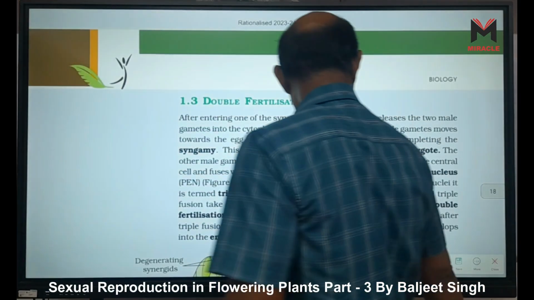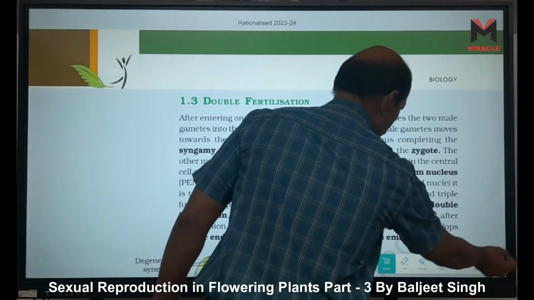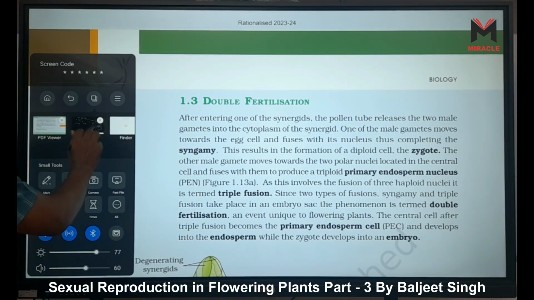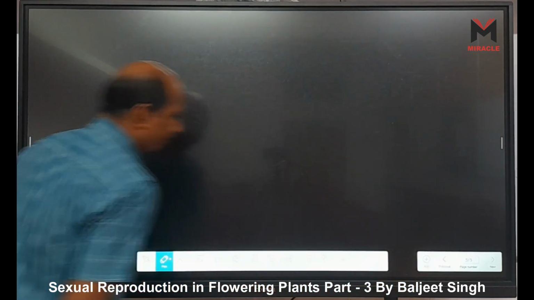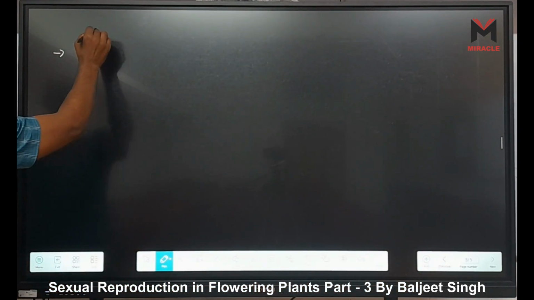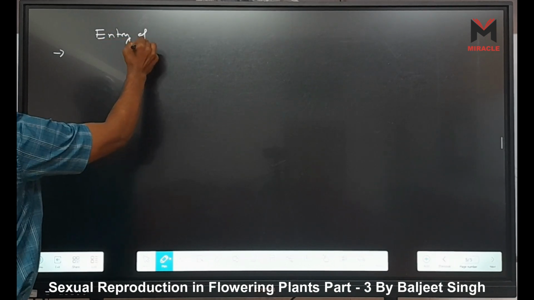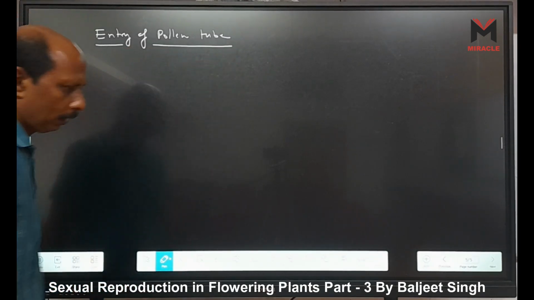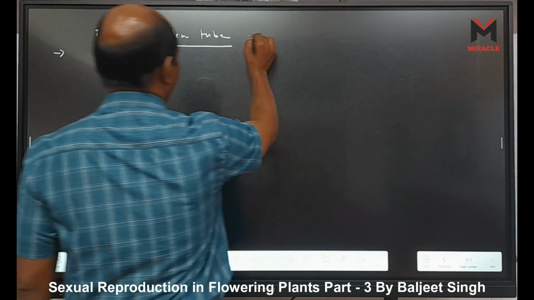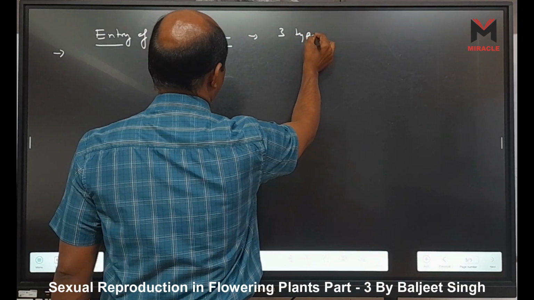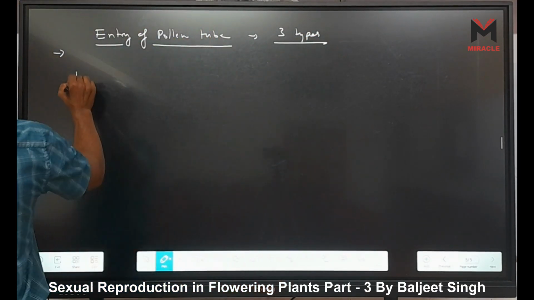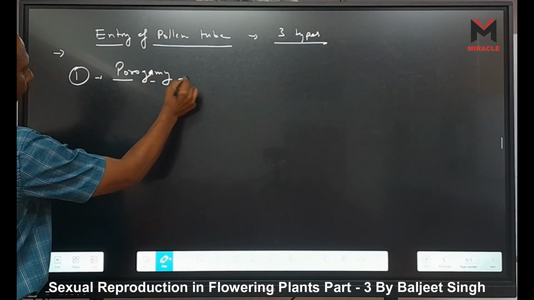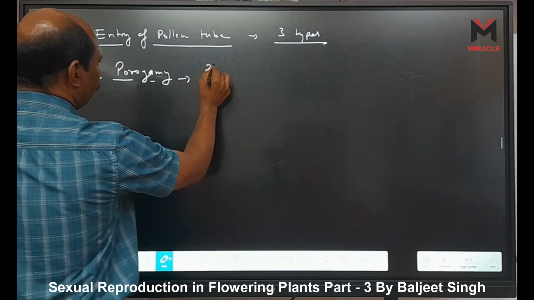Okay, before double fertilization, one thing is here which we need to discuss. Entry of pollen tube into the ovule. Entry of pollen tube, we have three types. First one is, as I already told you, porogamy. Porogamy means what? Pollen tube